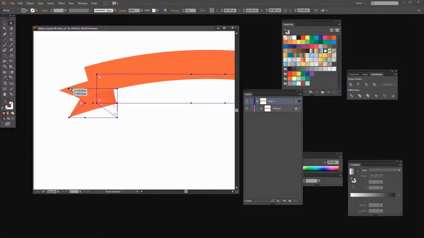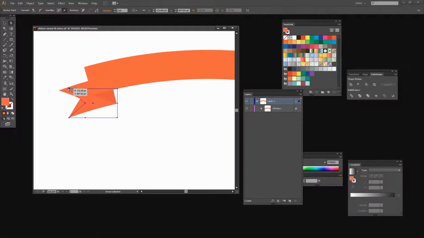Now this anchor point here is controlling this point on the ribbon, and this one here is controlling this point. So I'm going to click the direct selection tool. Now I can work on this point here. If I click on it to isolate it, I'm just going to drag it in a little bit along its current path just to shorten it. And this one here I can do the same thing with, just drag it in along its current path to shorten it a little bit. Let's zoom out again,